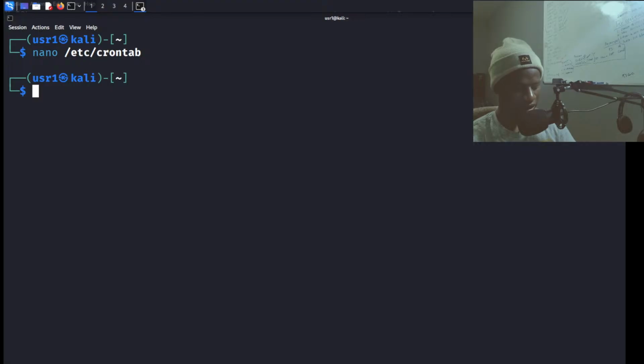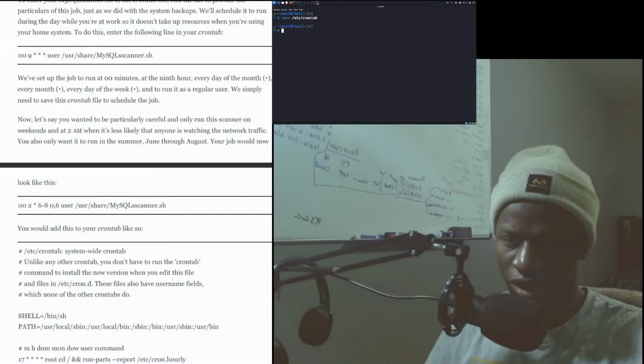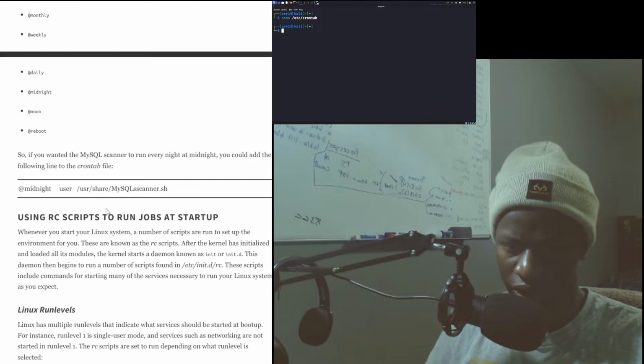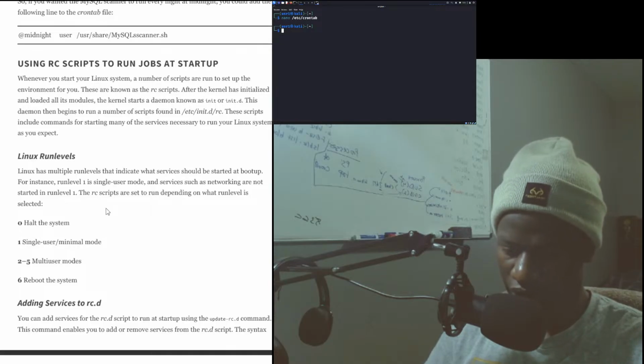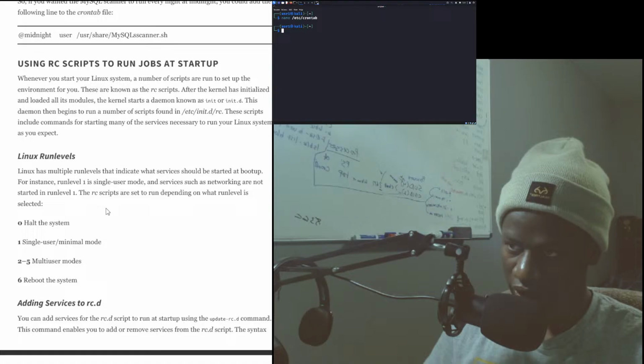After the kernel has initialized and loaded all its modules, the kernel starts a daemon known as init or initd. This daemon then begins to run a number of scripts found in etc slash init.d slash rc. These scripts include commands for starting many of the services.